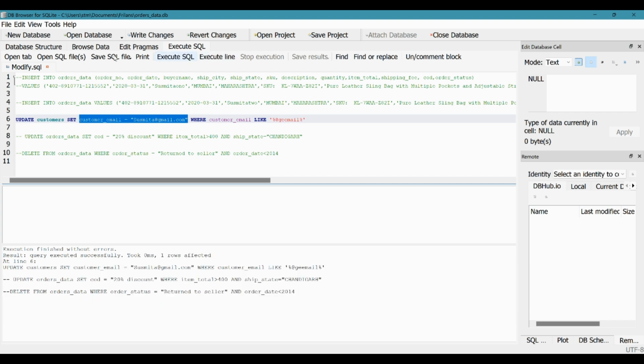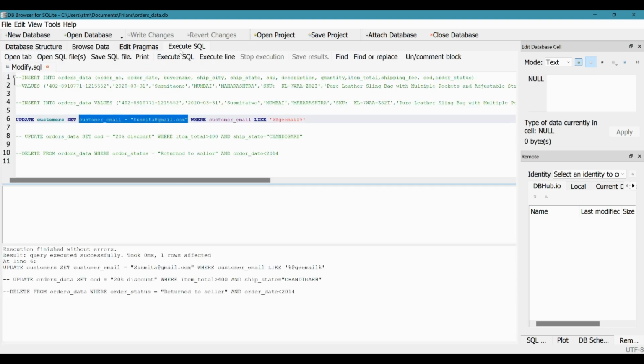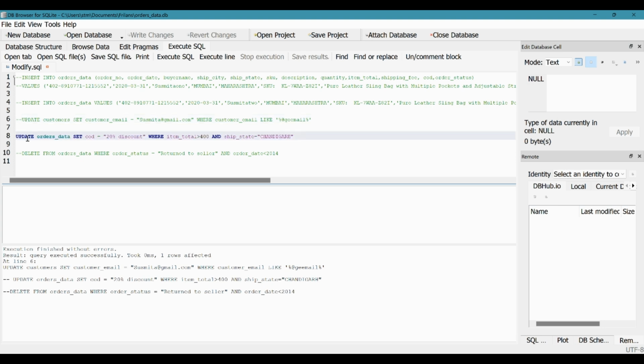If we execute the file, we get no mistakes, no errors. We go to the browse data, and if I now check on Sasmita, Sasmita has Gmail and not the wrong one as before. I can write the changes just to see that the changes have been done. So that's great. We can update one or several rows of a table with the update query or